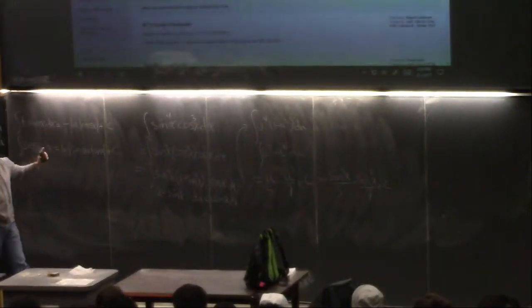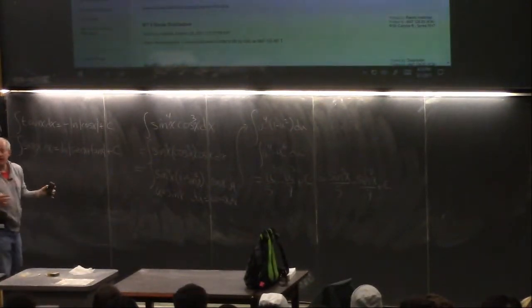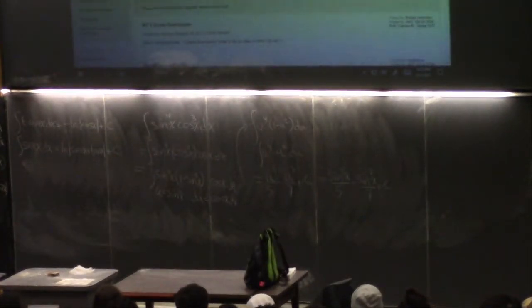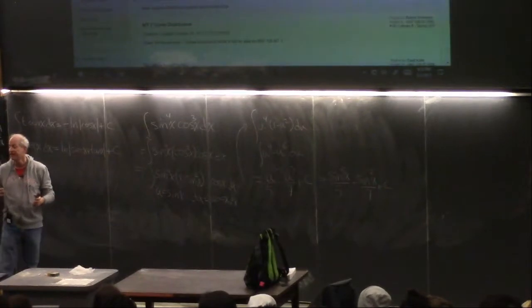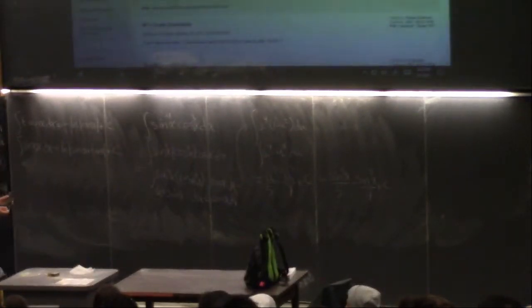How do you know when to do u substitution? With these problems, most of the time you will be able to get to u substitution. Because what will happen is after you rewrite the integrand, you'll have something with sine or cosine or whatever, and something with the derivative of it, and then you can play with it. Sometimes it's going to be integration by parts. And I can't give you a rule, you have to play with them and do a bunch of them until you start to see.